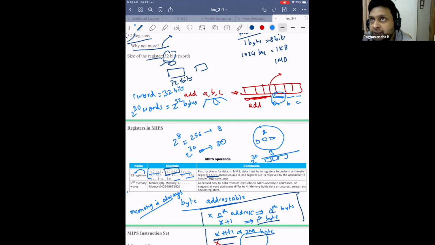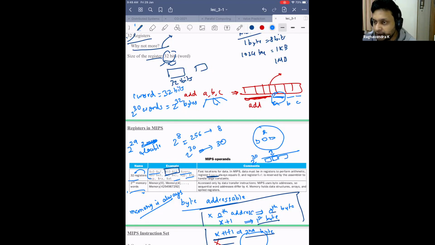I know that I'm on recording, and if somebody listens to this video, they might point out that there are memories which are bit addressable and things like that. But more often than not, memory is byte addressable unless specified. So if memory is byte addressable, I have to ask how many bytes there are, irrespective of what I say. Instead of saying MIPS has 2 power 30 memory words, I could have told you MIPS has 2 power 29 double memory words, or whatever.